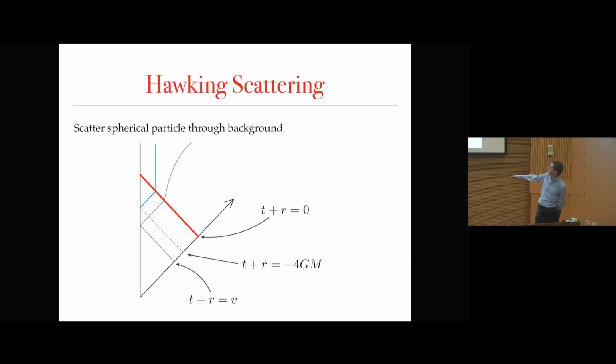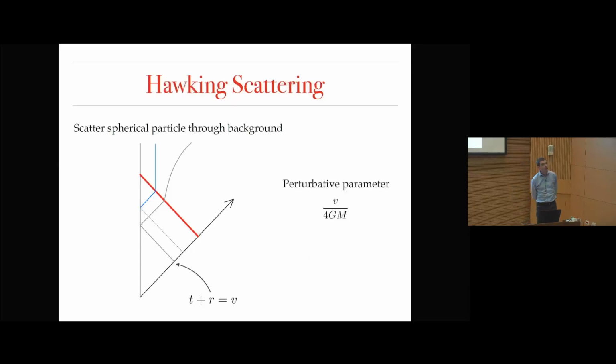Shoot it in here. It's moving in flat space. It goes straight through the origin, and then as the radiation goes by, it starts getting dragged, redshifted, and so forth. So that's the scattering process you want to describe, right? It's going to be some kind of amplitude describing this scattering process. And essentially what I want to do is to compute the amplitude for this scattering.